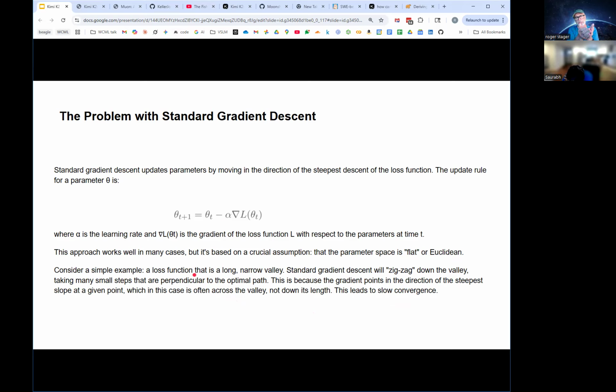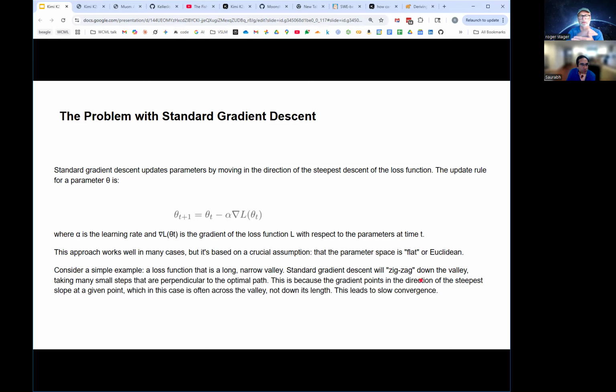So just thinking in a couple dimensions here, gradient descent typically looks at the direction that is downhill, or up, I guess, depending on how you look at it. But gradient descent would look downhill. And typically the downhill, if you think of yourself as on the side of the valley, is down towards the river at the bottom. Depending on how big of a step you take in that direction, you will overshoot and end up on the other side of the valley and then bounce back and forth. So that's this zigzag that they're talking about.